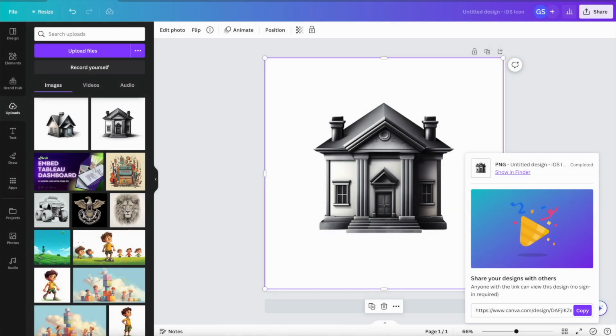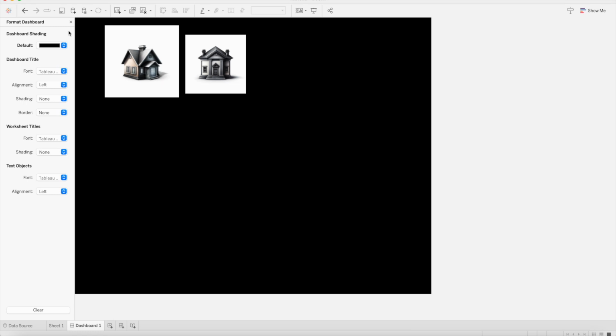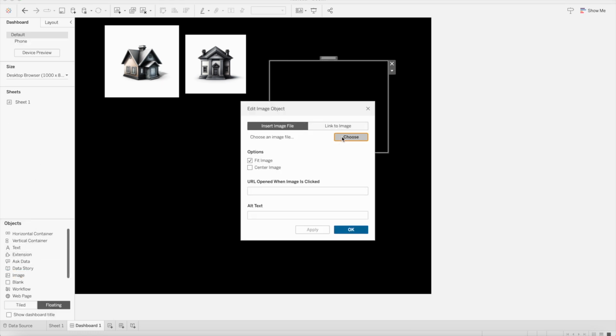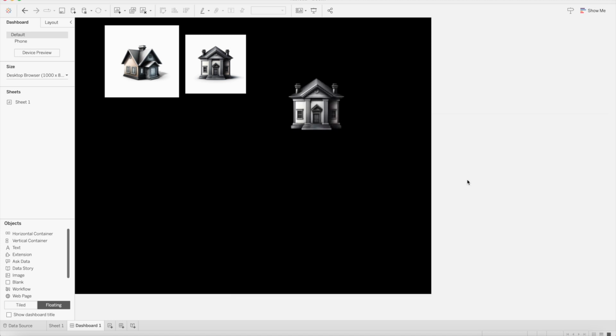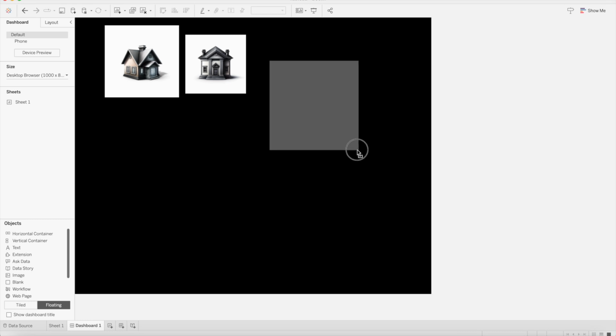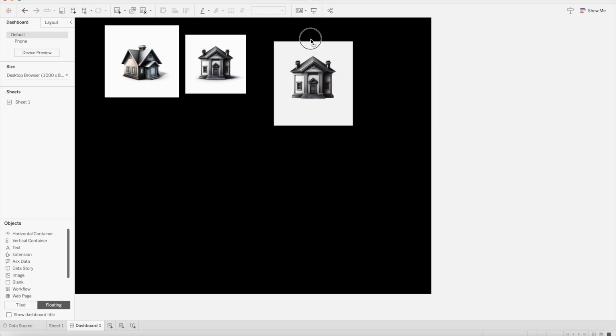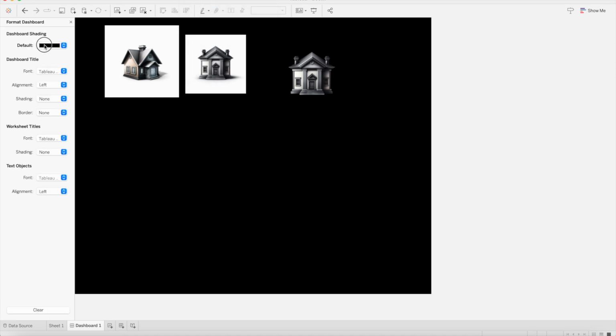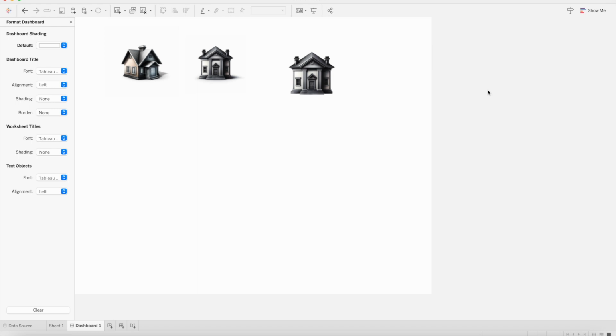And once that is done, we open our Tableau dashboard, and let's bring another image. And this time I want to choose the transparent image which I created, and click OK. And here you go, our background image is gone and it looks much better and cleaner, right? And even if you want to change the background back to white, we can use that and it will look really nice on that. See? So I will remove the other two,